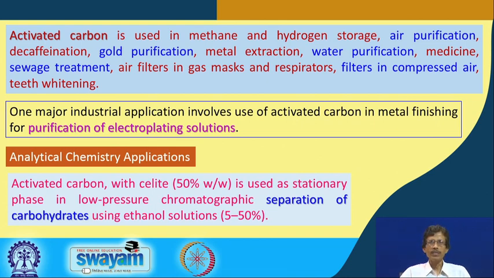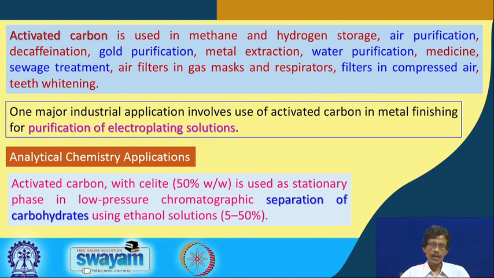So, if we have a mixture of carbohydrates and we want to go for a separation technique, that technique is very useful by using only celite, which is an earth-like, sand-type material, and activated carbon. Both celite and activated carbon mixture can be useful for filling the column chromatography. It is not that you have to use alumina or silica gel. So, for carbohydrate separation, that particular activated carbon, 50% of that, will be very useful for the separation